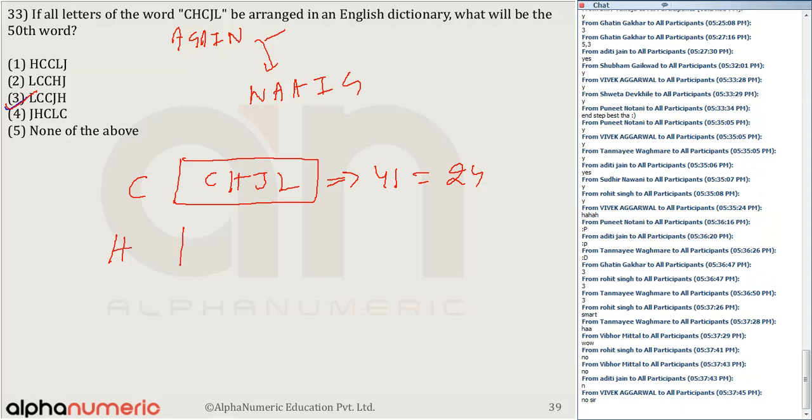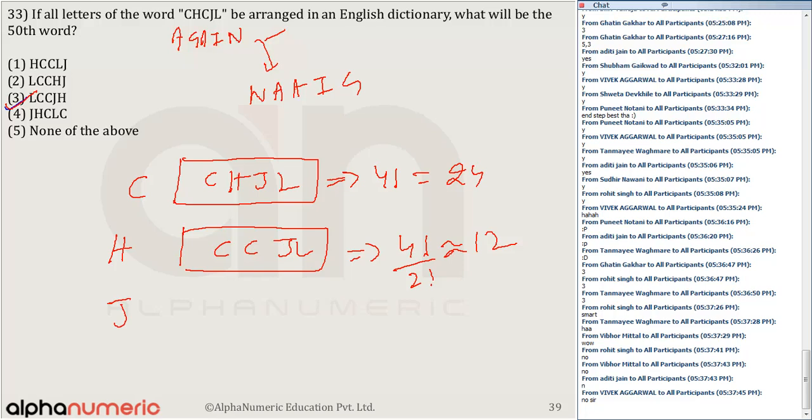ABCDEFGH, आफ्टर H तो मुझे अरेंज करना है CCJL, that is equal to factorial 4 by factorial 2 because C is repeating twice, that is 12। तो CH हो गया, ABCDEFGHIJ। सो J से स्टार्ट होंगे वाले कितने? CC। J से स्टार्ट होने वाले CCHL, that is again factorial 4 by factorial 2 which is equal to 12।